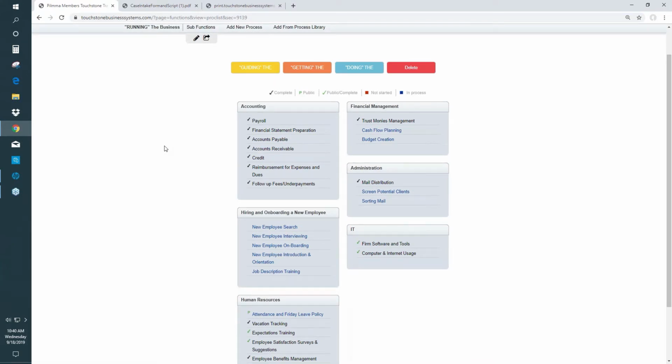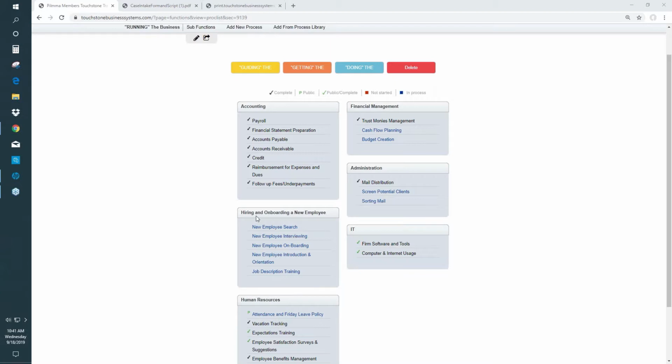Here in these libraries, there are processes related to accounting, finance, recruiting and hiring, human resources, administration, IT. These are the office processes. These are the processes that are used to support the rest of the business. These are some good sub-function titles. So accounting, financial management is like the higher level finance things. Administration, every business needs administration. IT,